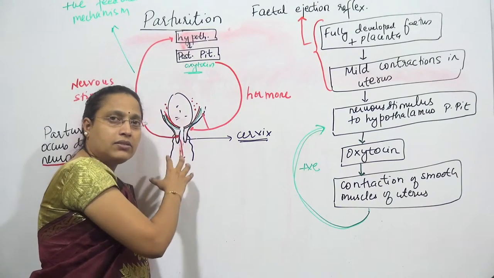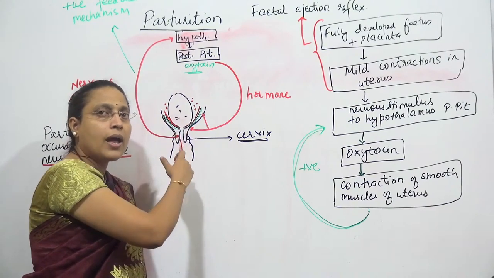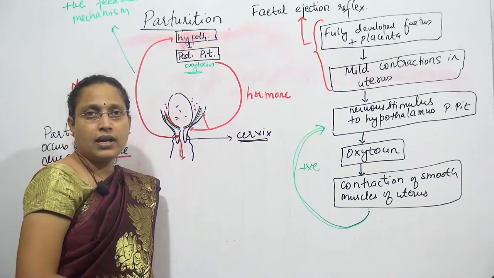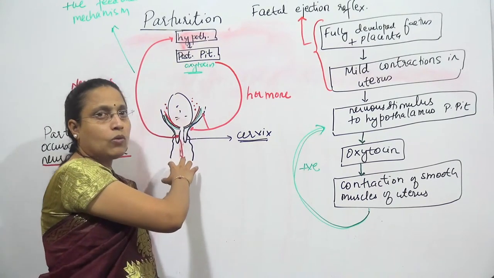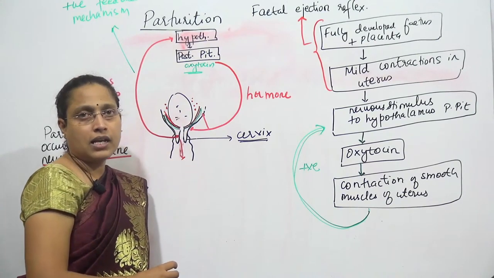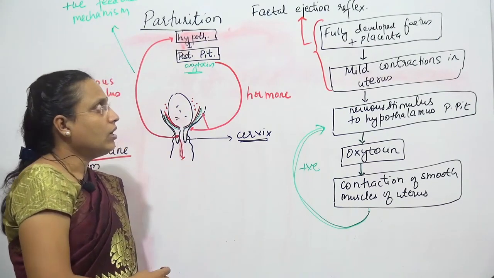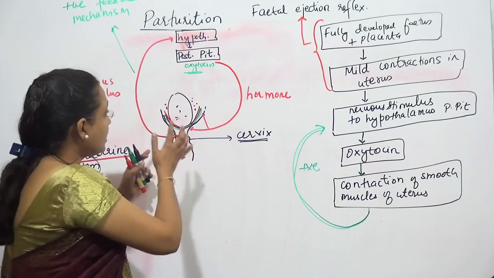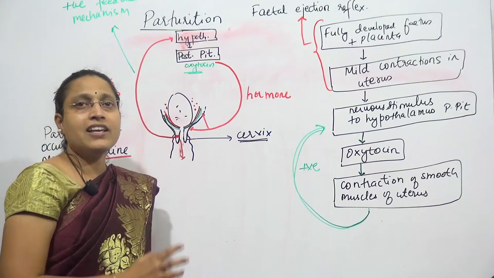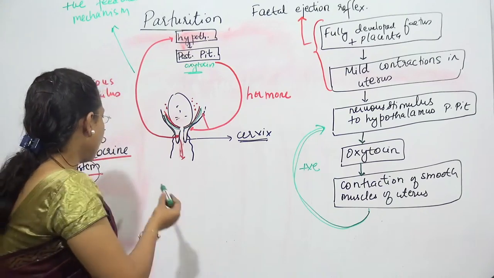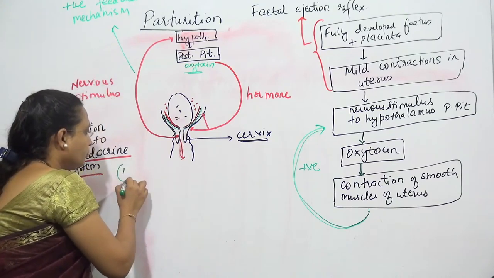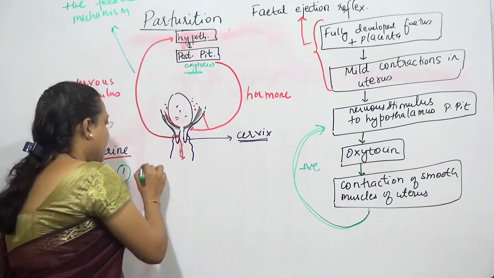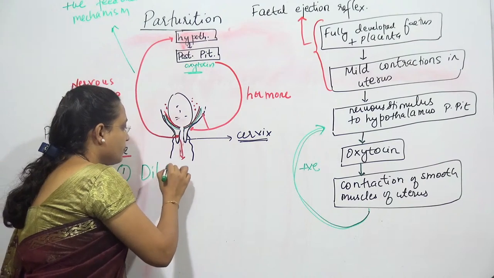And after the childbirth comes the long umbilical cord, along with the placenta, which will also be delivered outside. And then the umbilical cord is cut. This is how the birth process occurs. This process can also be explained in stages. So the first stage is called the dilation stage.